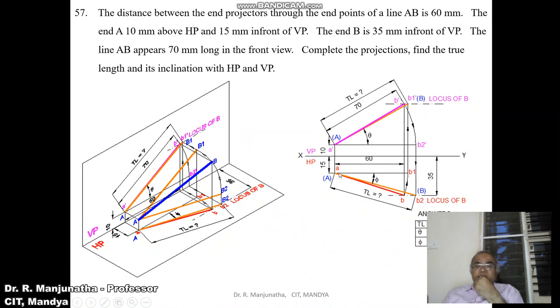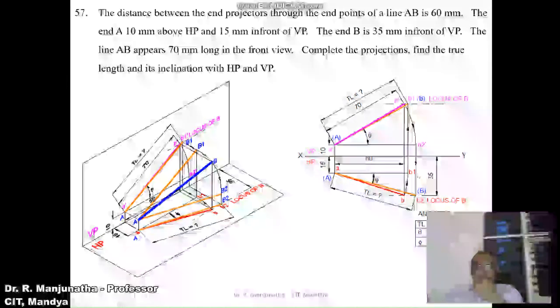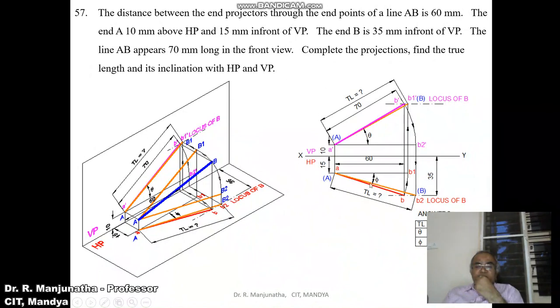Similarly, by using the protractor, you measure with respect to the horizontal AB1 the inclined line which is below that horizontal line, which is phi, equal to 16 degrees when you are doing it manually. When you are doing it in computer, it will be 15.95 degrees. So this is how you will be able to solve this problem in the sketchbook.